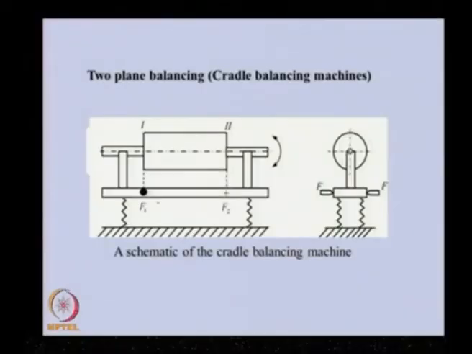So, we will be having motion about this F1. The whole assembly can rotate about this point, because we have a fulcrum like this, F1. Once we are fulcruming like this, that means the correction mass required for balancing the rotor in the second plane, we are able to obtain using this. In the second case, if you are fulcruming here at F2, then the whole assembly